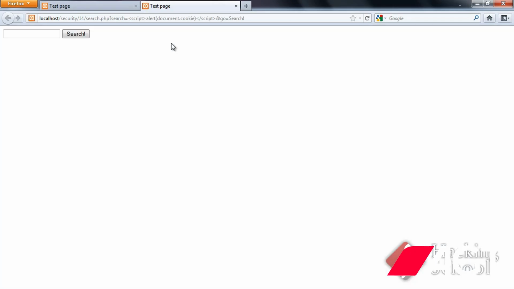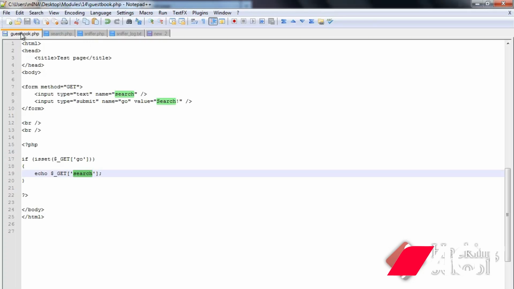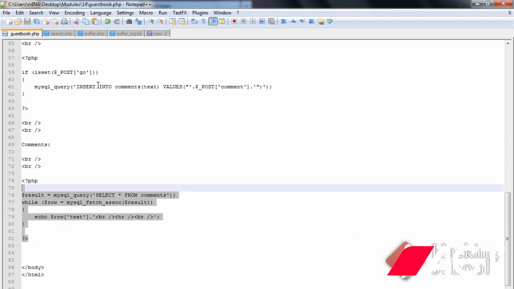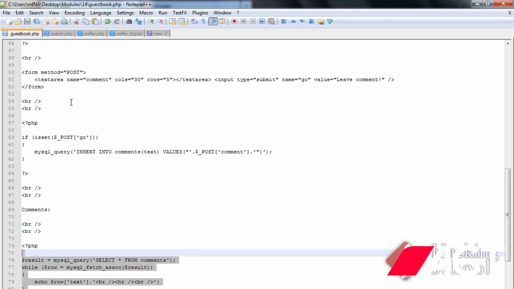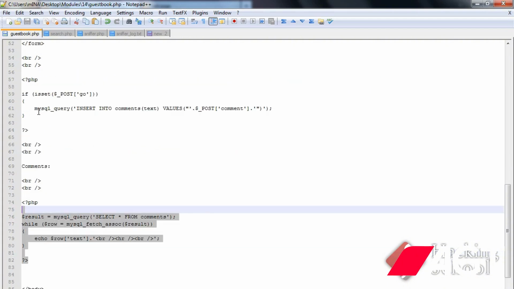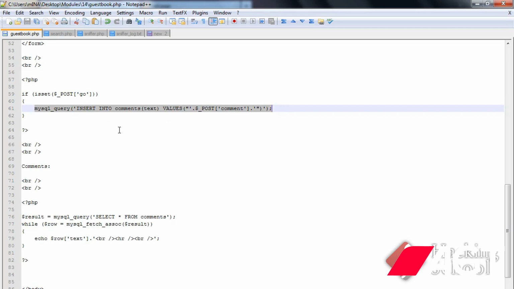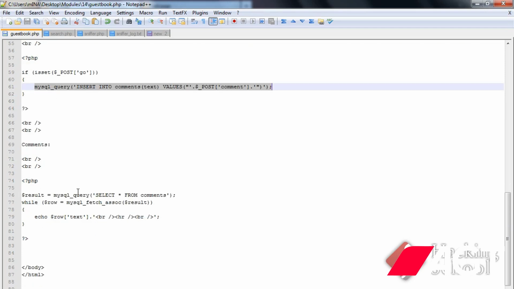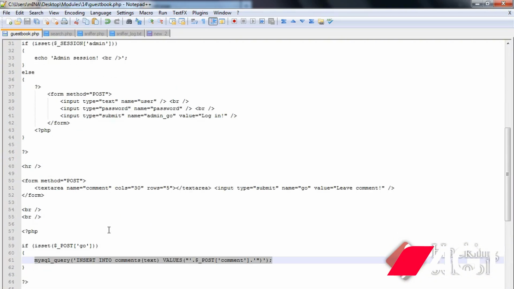Let's now move to another type of XSS vulnerability, stored XSS. You can see here a simple guestbook script. Comments are passed to script via POST and then saved in a database. All comments will be next retrieved from the database and displayed. As you can see, since the script doesn't validate input either, we can expect that it will also be vulnerable to HTML code injection. Since the malicious code will be saved in a database, this would be an instance of